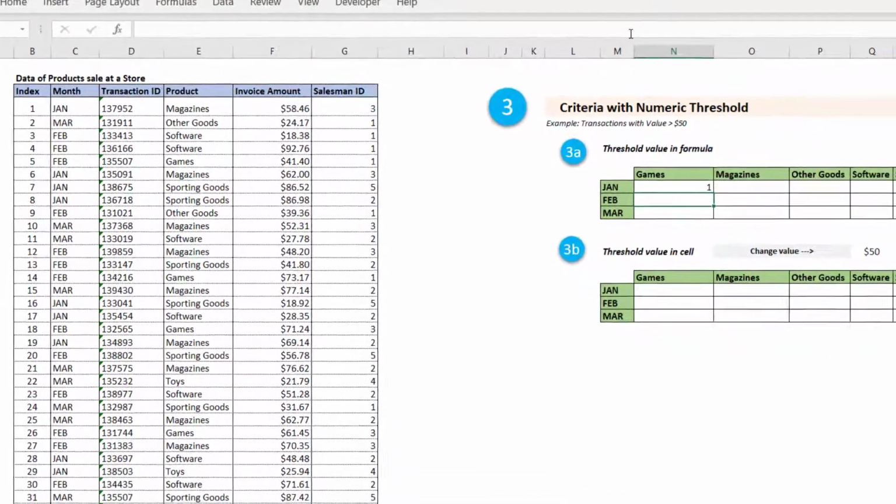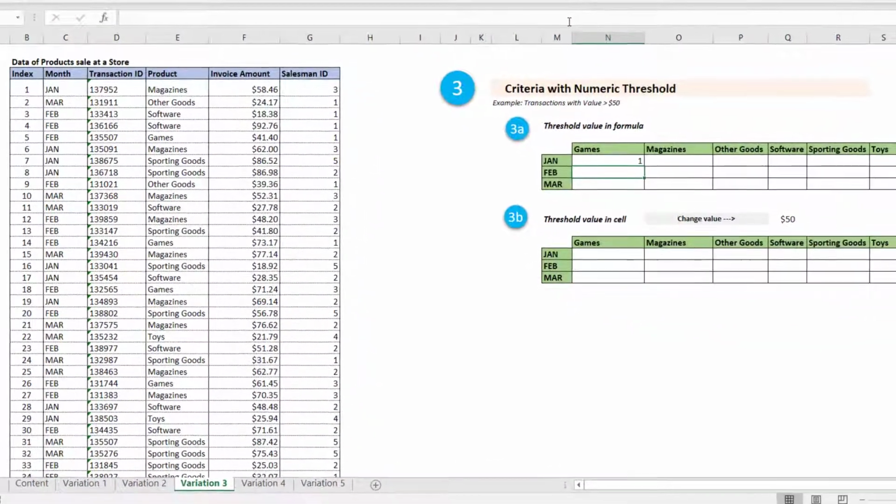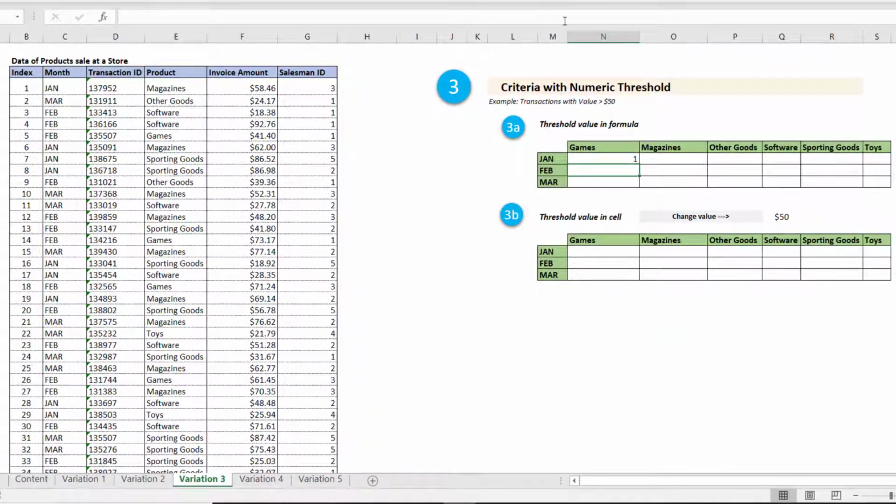So this gives me a count 1 for this combination of January month and the product as games. And let me drag the formula to the remaining cells by hitting Ctrl R and Ctrl D. So this gives me 30 as the total count. That is, there are 30 records with invoice amount greater than $50.